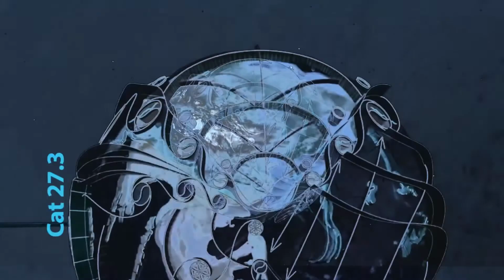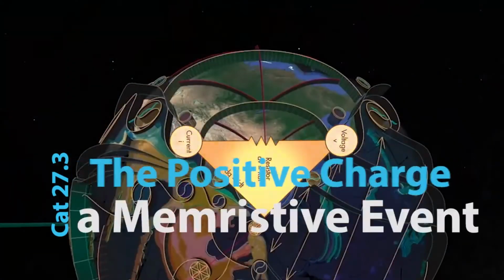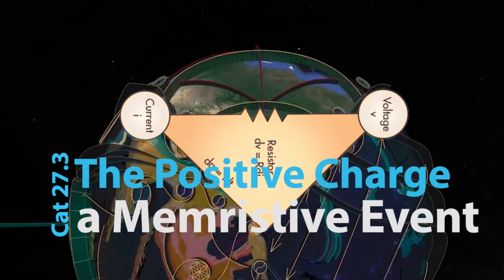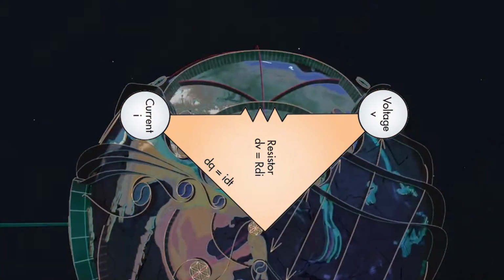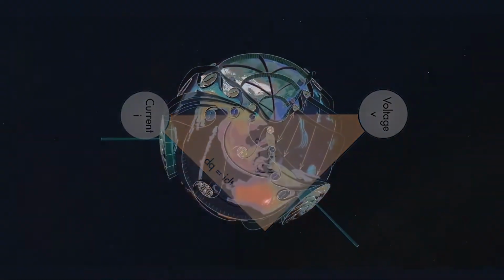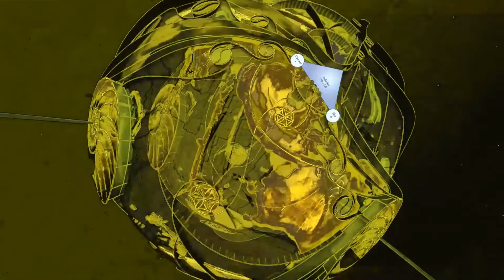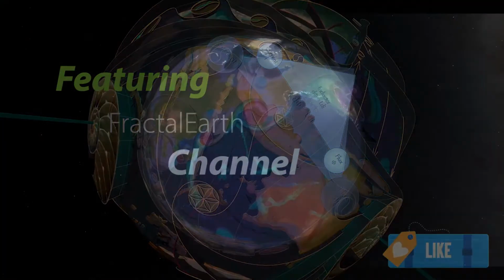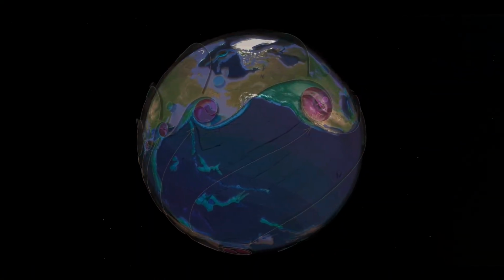What I want to tell you about today in this quick video is some of the things that I'm working on, and in particular, I'm working on the final global circuit in the Cataclysm. I am working on the positive charge, which happens to be South America, and it's a bit of a challenge to really explain to people the pre-cataclysm orientation of the crust, because South America is so far out of position